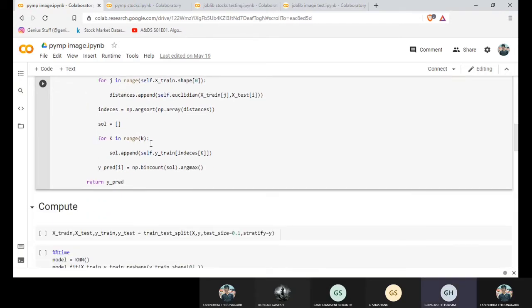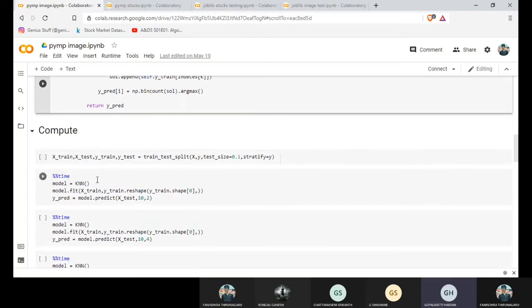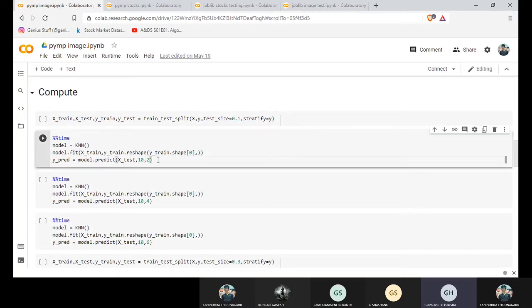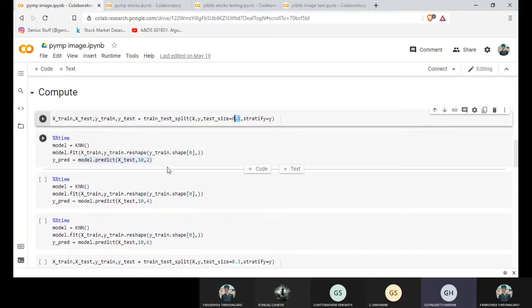And in the next part, we are checking the distances between all the points, and we are predicting the values depending on the value of k. And coming to the computation part, we are implementing this algorithm and fitting this model with the k value and total number of processors. Here we are changing the k value. Here we kept the k value equal to 10, and the split size we have set to 0.1, 0.3, 0.5, 0.7, and 0.9, and the number of process values were changed as 2, 4, and 6.